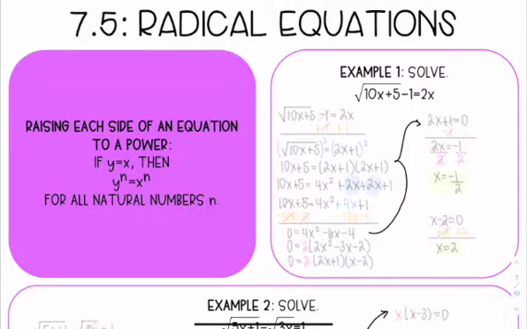one side, and then to undo the radical, we're going to raise it to the power that is the same as its index. So if it's a square root, we're going to square both sides. If it's a cube root, we cube both sides. So starting with example number 1, we have the square root of 10x plus 5